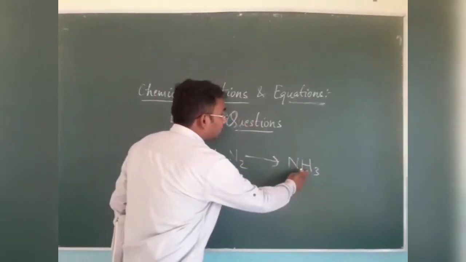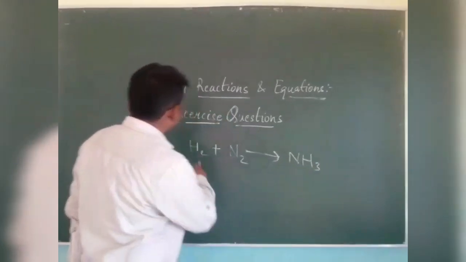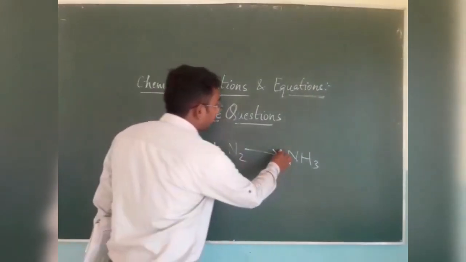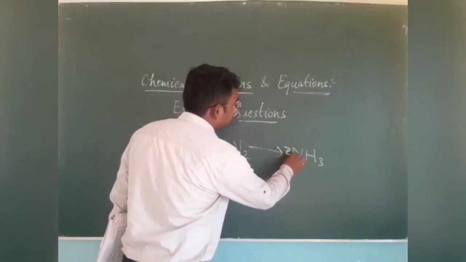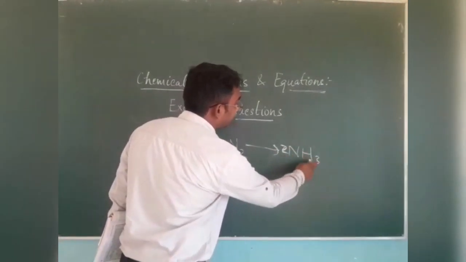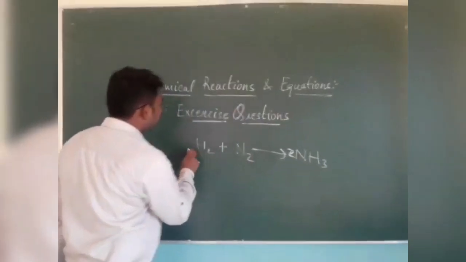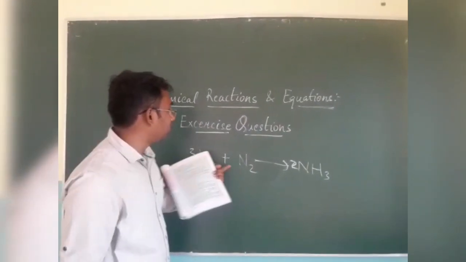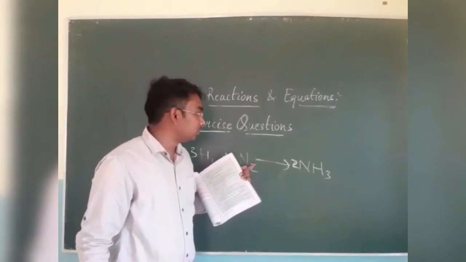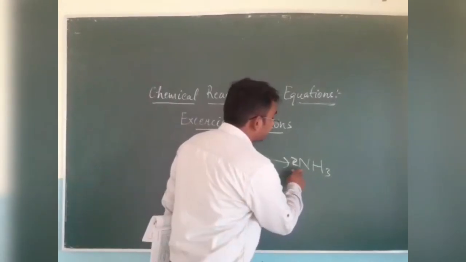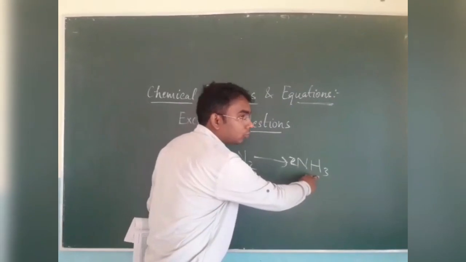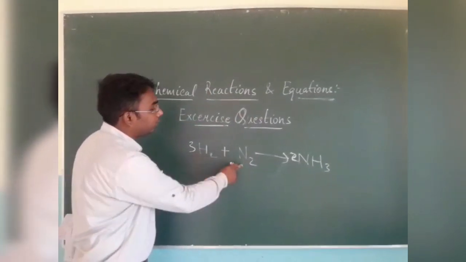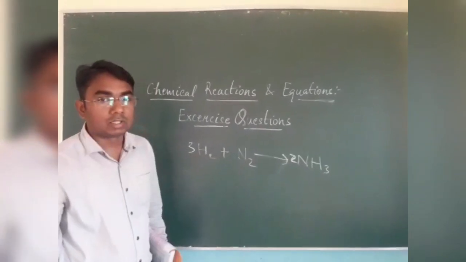Here 3 hydrogen atoms are there on one side and 2 hydrogen atoms on the other. So if I put 2 here, that is 2 nitrogen and 3 into 2, 6 hydrogen. If I multiply this side by 2, into 3, 6 hydrogens will be there and my nitrogen will already be balanced, because on my right hand side 2 nitrogens and 6 hydrogens are there, and on my left hand side also 6 hydrogens and 2 nitrogens. Therefore our chemical equation is balanced.